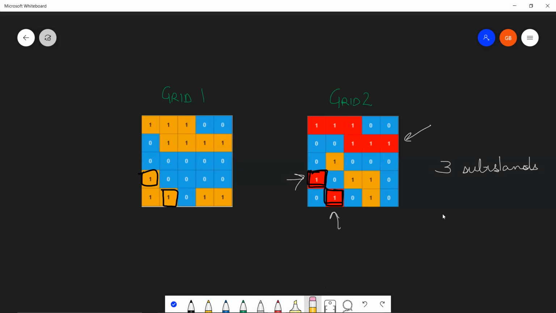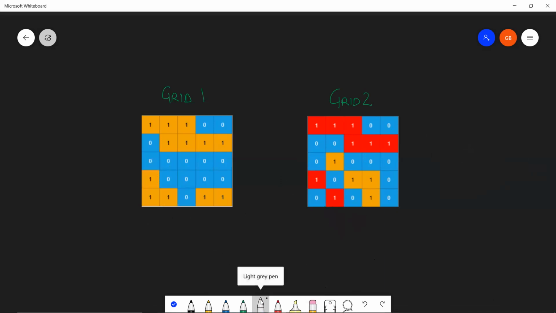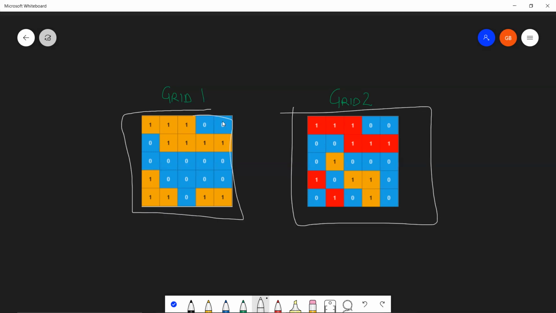Well, a simple approach that you might think of is this. I'm sure you must have heard about this island question. It's a very famous question. So one thing that would have been coming to your mind is: let me just calculate all the islands that are in grid 1. Then I'll calculate all the islands in grid 2. And I'll traverse over all the islands in grid 2 and simultaneously check if corresponding locations, like let's say this is 0,0, this is 0,1, that are forming an island in grid 2 actually have the value 1 in grid 1, right?